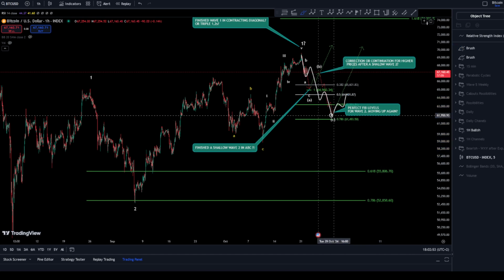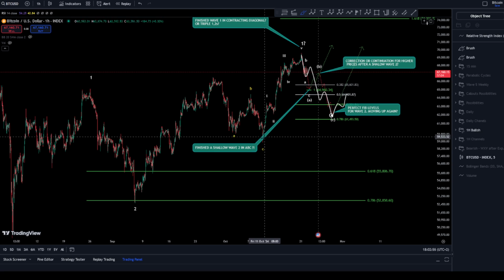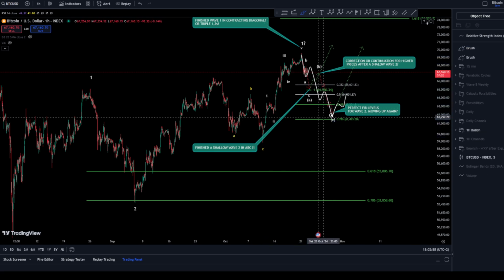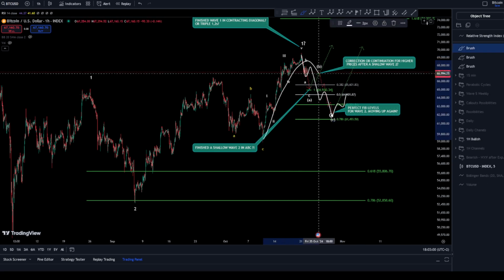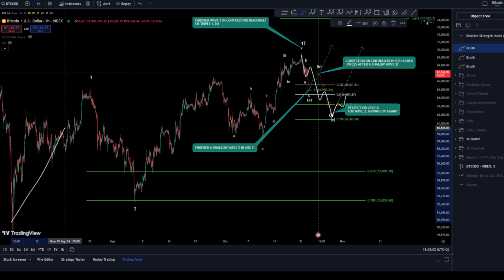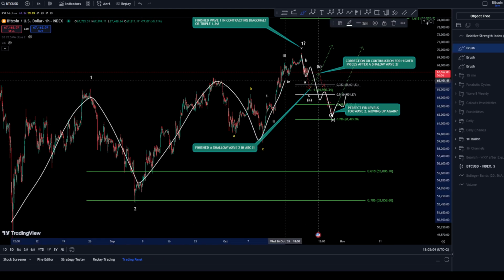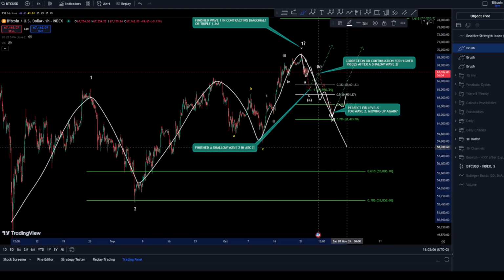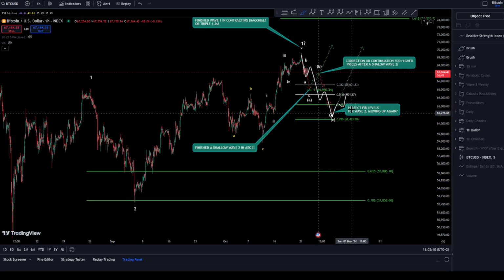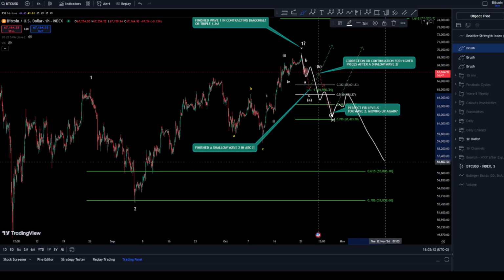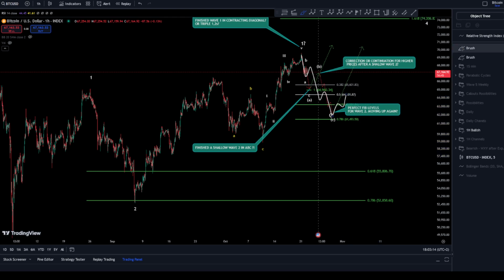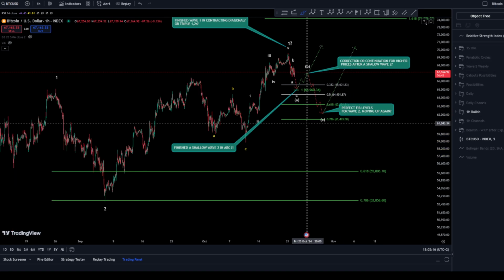And of course, by passing these fib levels for this 1-2 here, it is not possible anymore to be a 1-2. The only case that can still be available is your contracting diagonal, where you are looking for a retracement as a deep wave 2 towards the downside, and 5 waves for a wave C. In that case scenario,